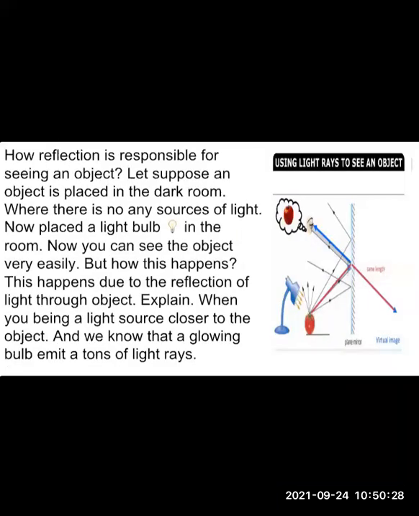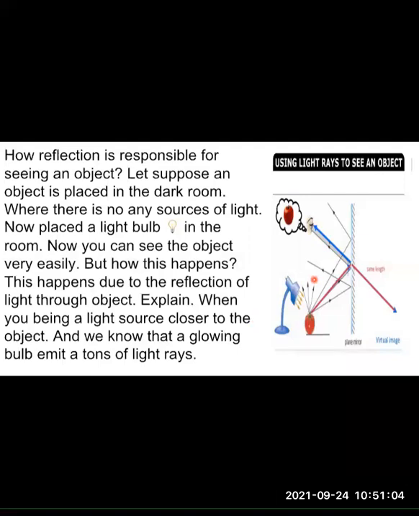Now, suppose there is a thing which is kept in a dark room, there is no light at all. We can't see things in the dark. Why? Because there is no light at all. This is the reason why we are incapable of seeing things in the dark. But what if a source of light in the form of a bulb is kept in that room? Definitely when you turn on the bulb or the tube light, you will be able to see the objects surrounding that light.